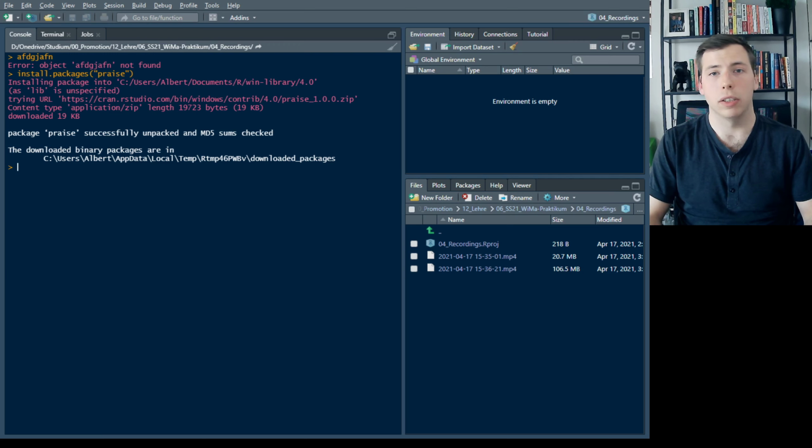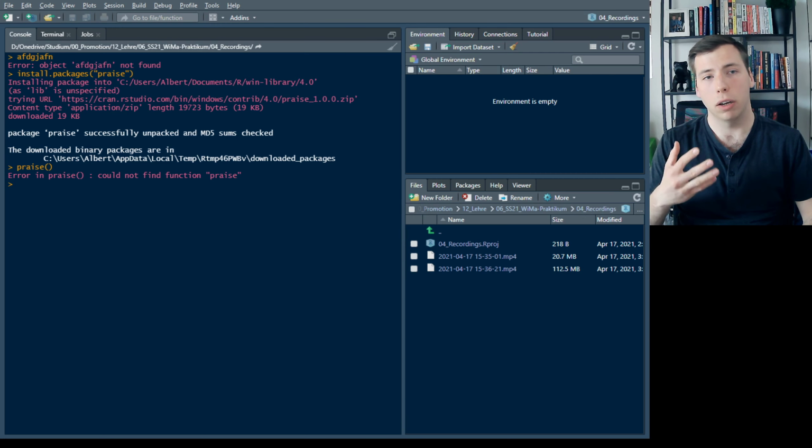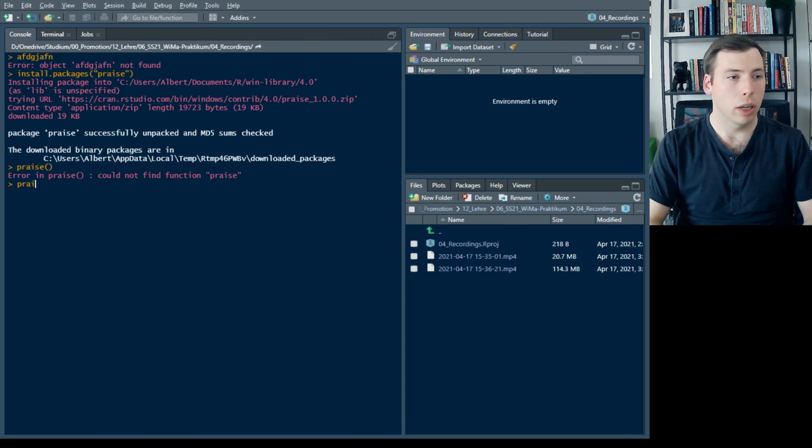And now I can use all of the functions and all of the data sets that are inside of that package. But before I can use it, for instance, the function praise is within this package. If I try to execute this now, then it will throw an error again saying it doesn't know what the function praise is. So we will have to tell R that we want to use the praise function from the package praise. And we do this by,